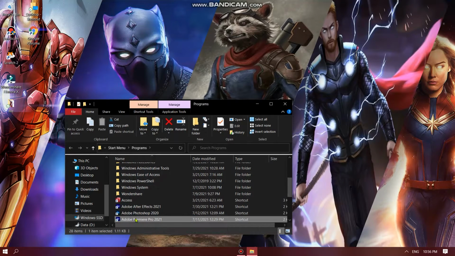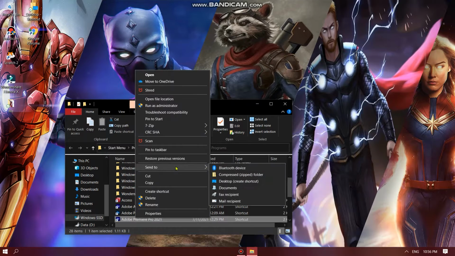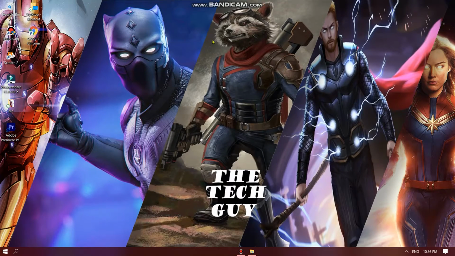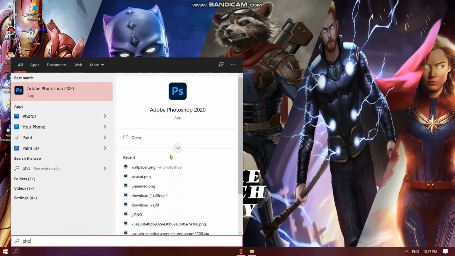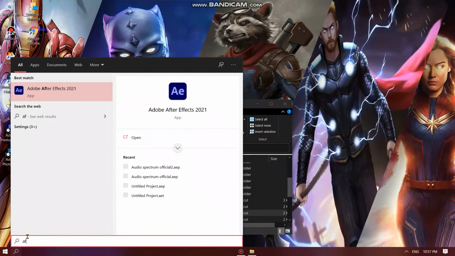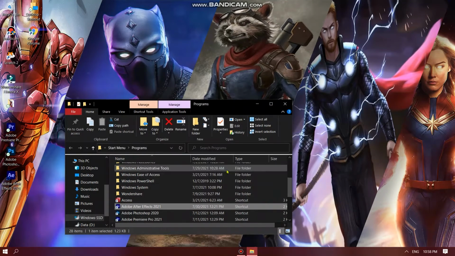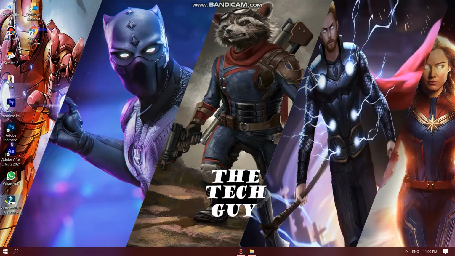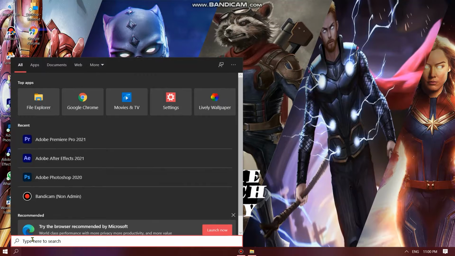After that, right click on it and choose send to, and after that choose desktop or create shortcut like this. So next you should do it to all other apps you need to put on your desktop. So after adding the app you need, you should open